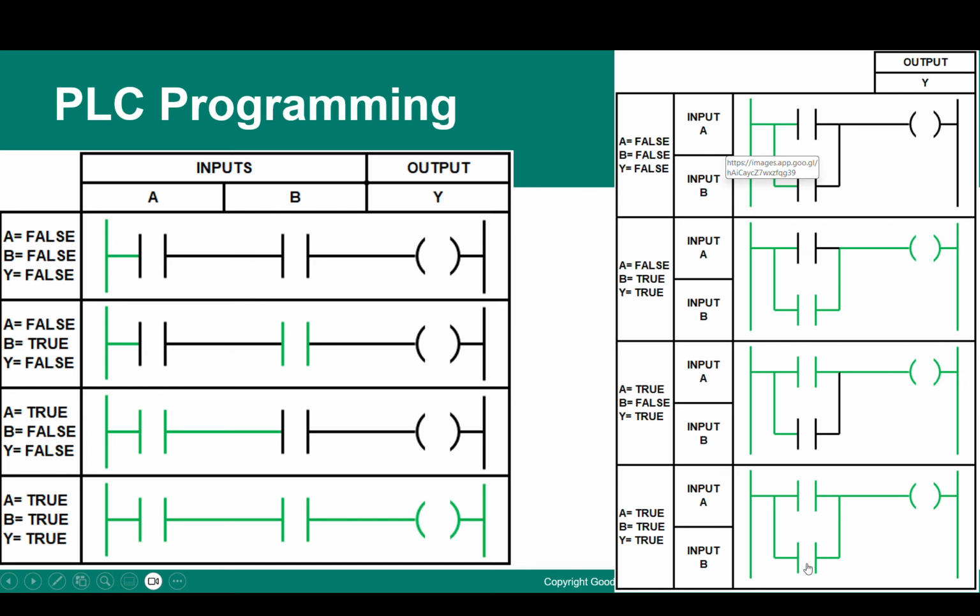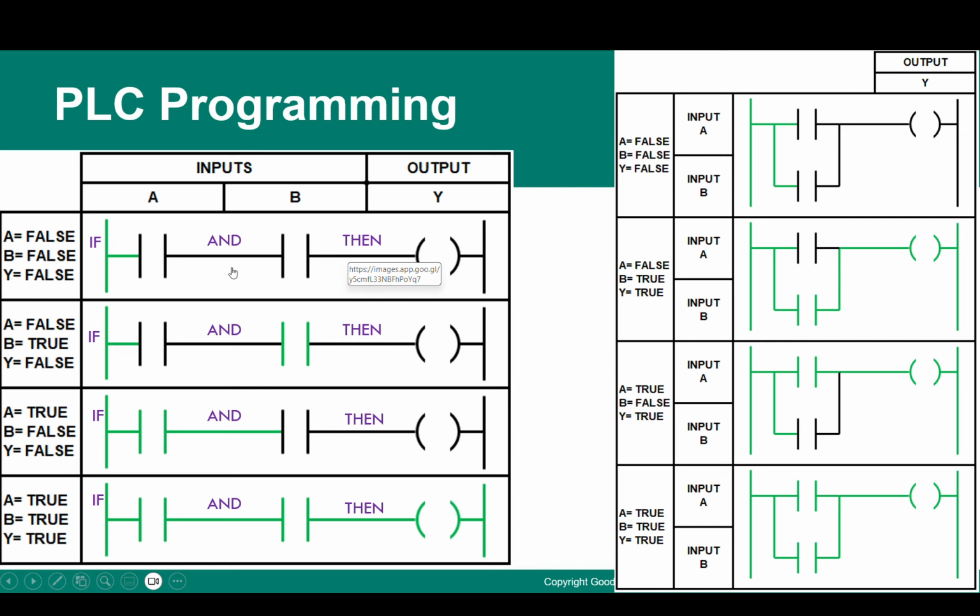And the third case is both A and B are true, so current will be flowing to the output. But in simple terms, what we just learned is, in the first example, if you have done programming, this is what we have done: if this is true, but in this case it's false. So it's an if statement, whatever the true or false condition. And because it's a horizontal wire, it's an AND operation, and the B condition true or false,